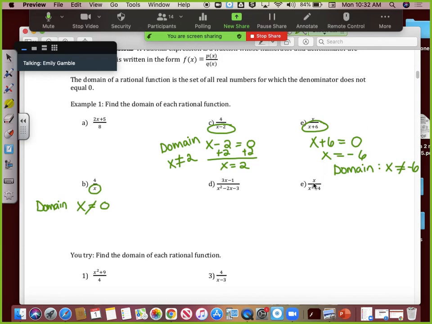Okay, and we're actually going to skip the next letter because this is something that we didn't necessarily learn. This has to do with square roots, so we're going to skip that for now. What I want to do is give you